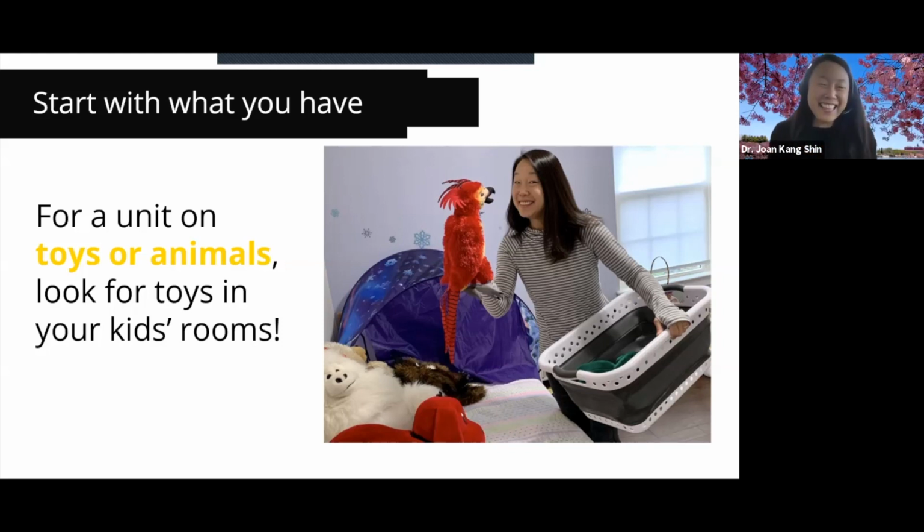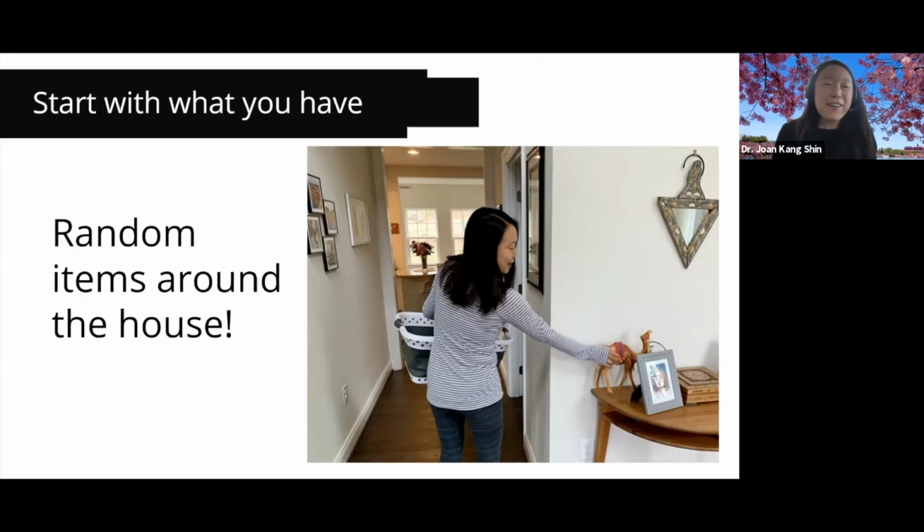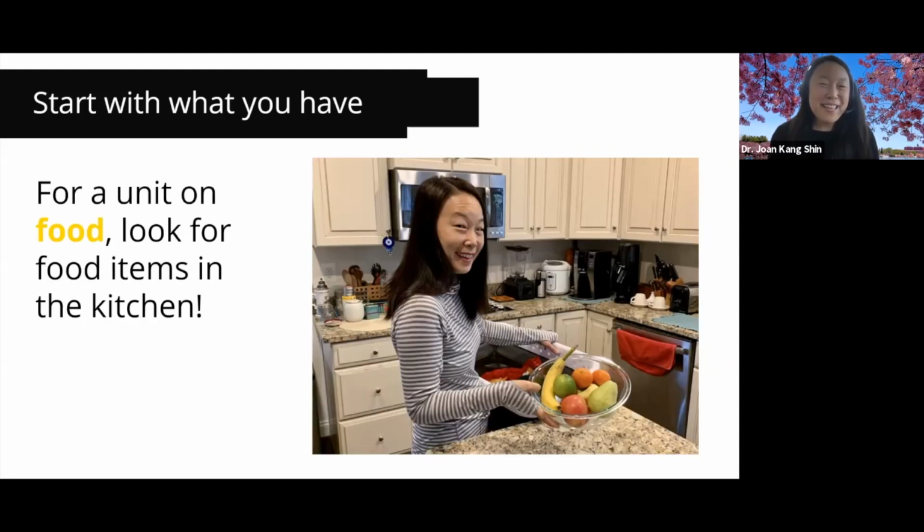All right, the next slide, perhaps, when you're going from room to room, you might forget about random items that you could use in your lesson. So when I was walking from the bedrooms downstairs to the kitchen, I realized, oh, I have a camel here that someone gave me as a gift from Libya. Let me put that in my basket. All right, next slide. Maybe if you have a unit on food, just check out what you have in your kitchen. So in this case, unit on fruits and veggies, I found a fruit bowl and I can use those objects to teach my students. Moving on,